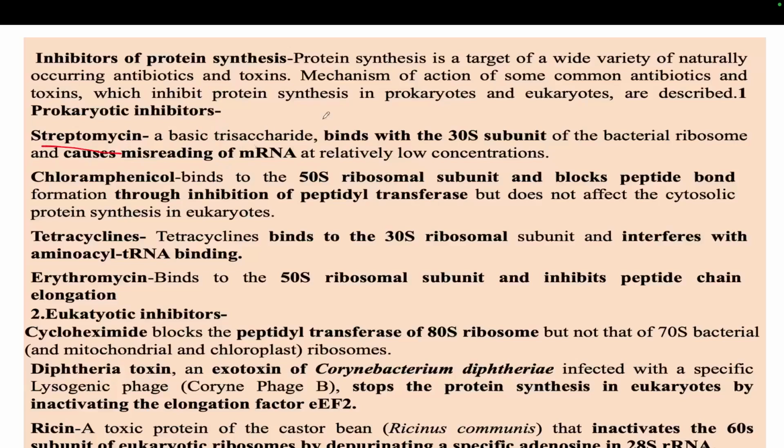Okay, how will it inhibit protein synthesis? By binding with the 30S subunit. You have to remember how it is acting, how it is inhibiting protein synthesis. So streptomycin binds with the 30S subunit, the small subunit of the bacterial ribosome. Okay, because from 30S you can understand it is the bacterial ribosome, because in eukaryotes there is a 40S ribosome subunit, right? So that's why it binds with the 30S small subunit of the bacterial ribosome, and causes the